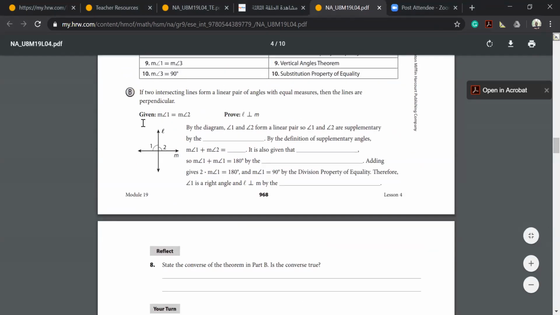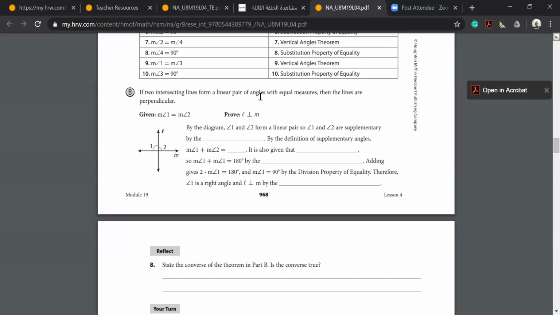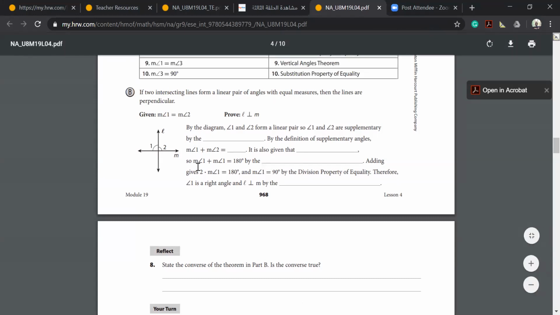Question B. If two intersecting lines form a linear pair of angles with equal measures, then the lines are perpendicular. What is this? This time he is telling you that line L and line M are intersecting each other. As you can see, 1 and 2 are a linear pair. It's very obvious that they form a line. If he tells you that measure angle 1 is equal to measure angle 2,